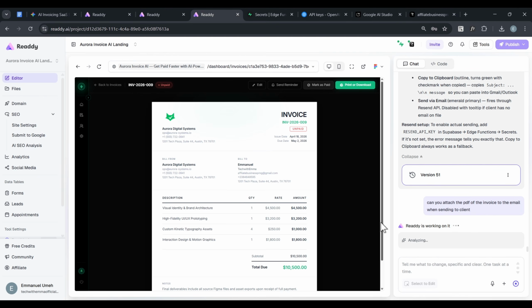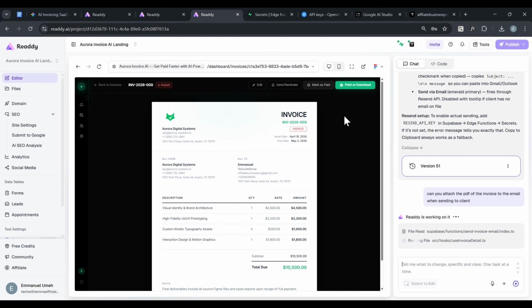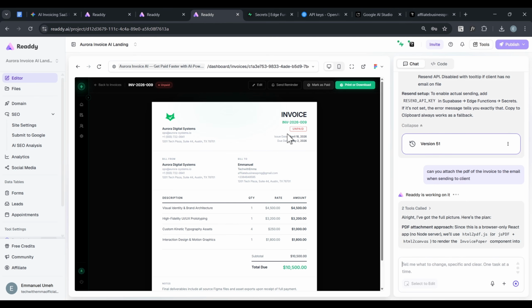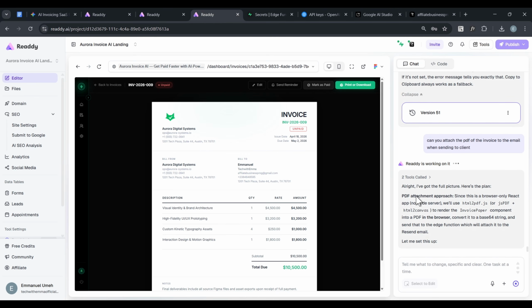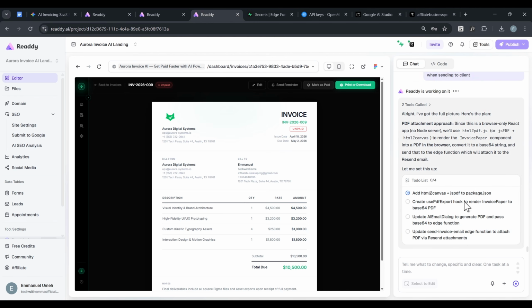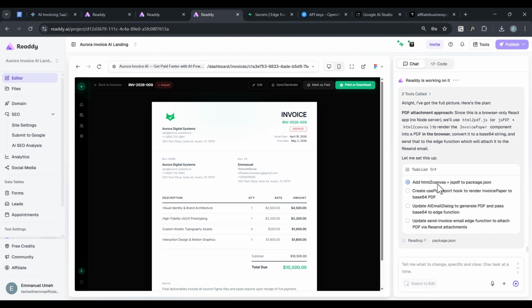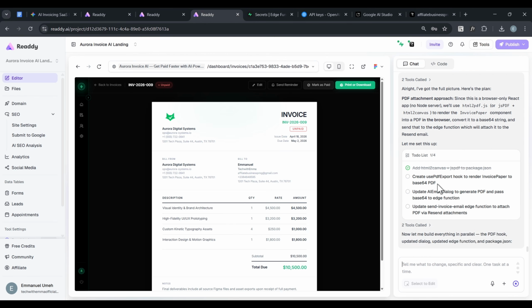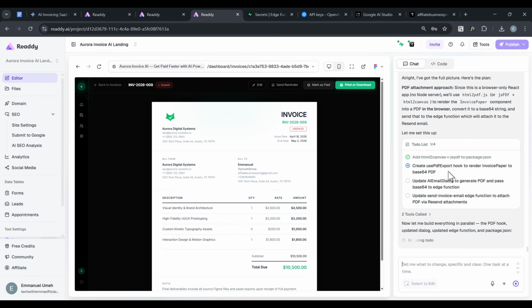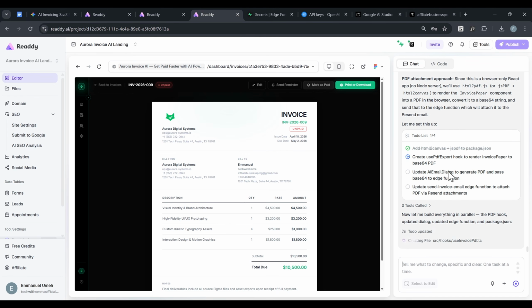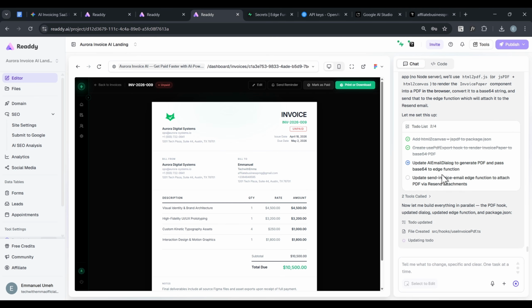So after this, we're going to then work on the PDF attachment. So we're going to be sure and also ask it to give us a better download PDF. So let's work on the PDF attachment. You can see it's going to add H to canvas, then it's going to use PDF export to render invoice paper to page 64 PDF, then update the AI email download to generate the PDF